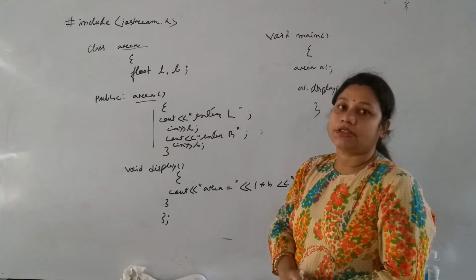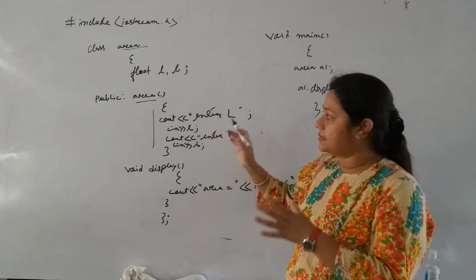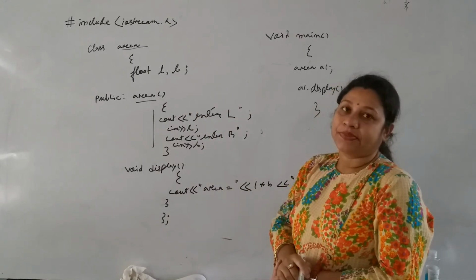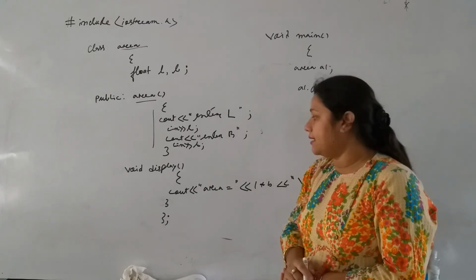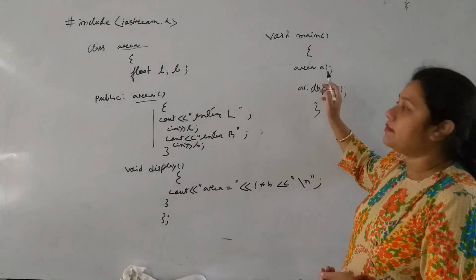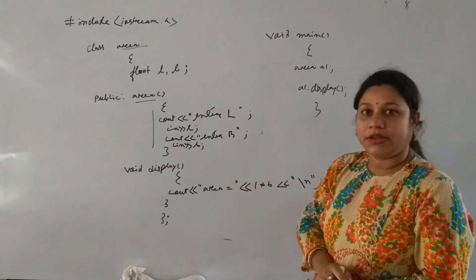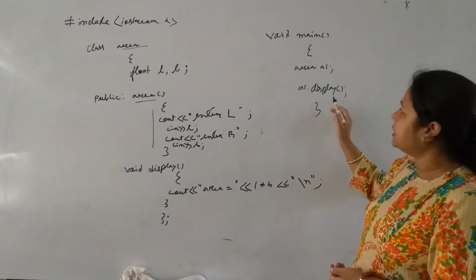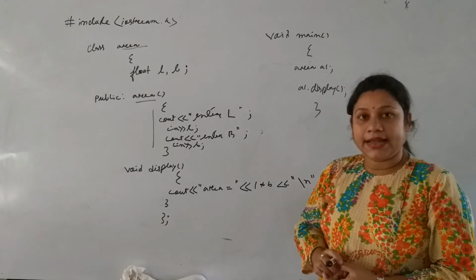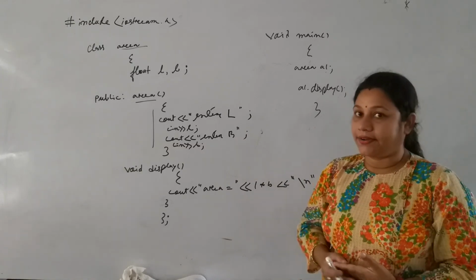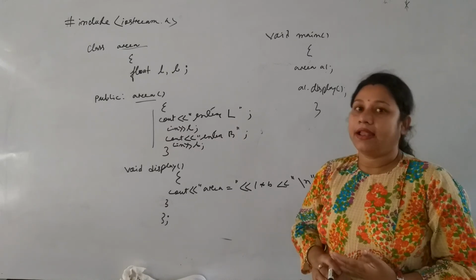Okay, and what to write inside the body of the constructor function? As because this constructor function is used to enter the legal data members of the class, so you simply write down the statements to enter the values of the data members of the program, and after that declare one more function to display the result, and after that inside the main function declare one object. As soon as you declare the object, compiler will execute the body of the constructor, and you just call the display function to display the result. That's it. Okay, so I think all of you clear what is constructor function and what are the characteristics, and this is a simple program to find out the area of a rectangle with the help of a constructor.